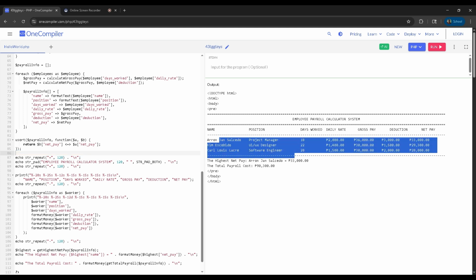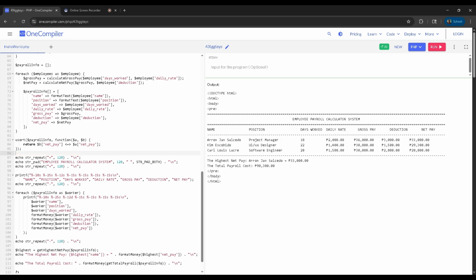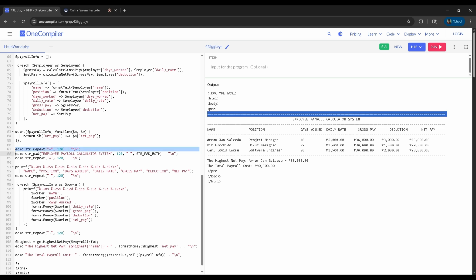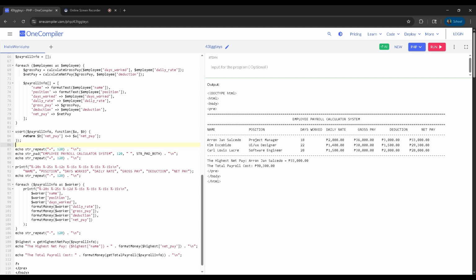That's why they prioritize the highest net pay, so it will get the net pay, since we have our payroll info and also the function $a and $b.